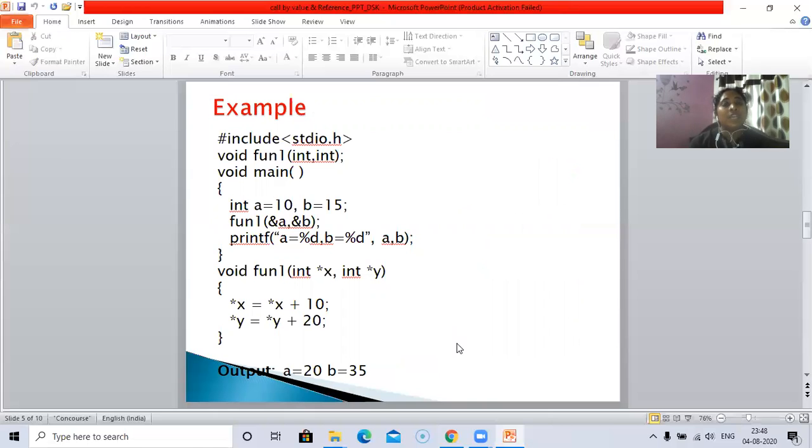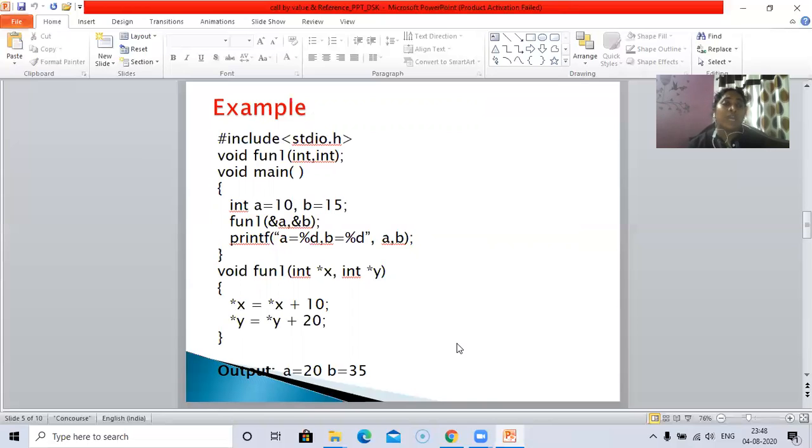But then here, we are passing the address of A and address of B to the call function. Now, how the call function will accept the values is using an indirection operator, which means asterisk is considered as the value at the address of operator. So it is called indirect accessing of the value at the address which is being passed from the main function to the call function.